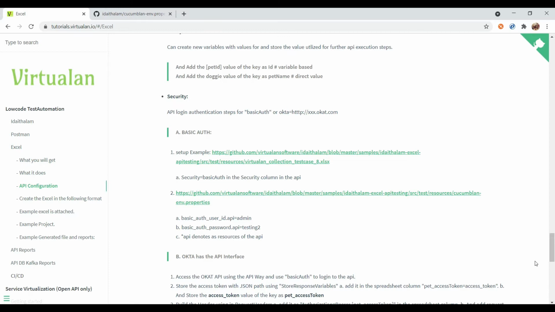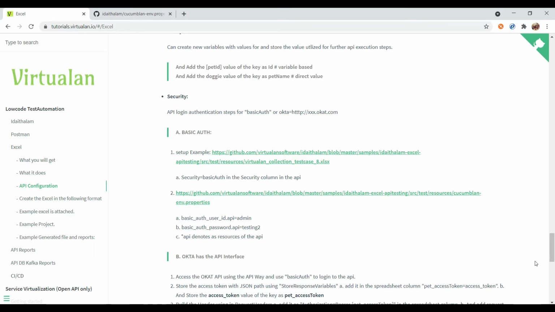So basically these are two security mechanisms provided by the API dev team. They provide basic auth, where we need to pass a username and password. There is Okta, where we first log in with a username and password, then they generate a token key. Then by using that token key we are able to fetch the API data. We pass the token key in the header, and by using the header we are able to fetch the data.